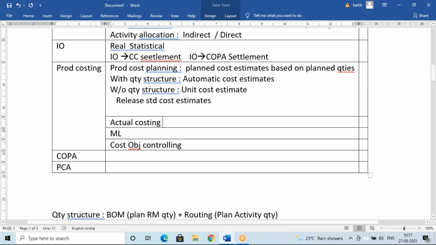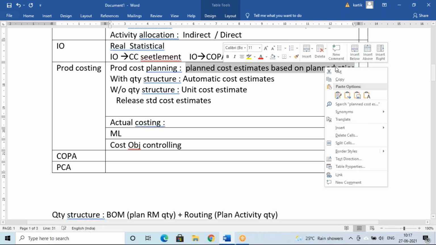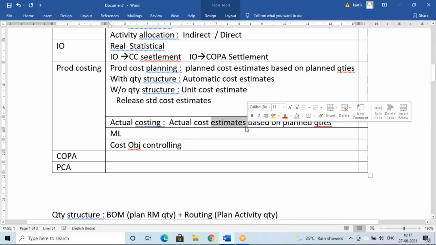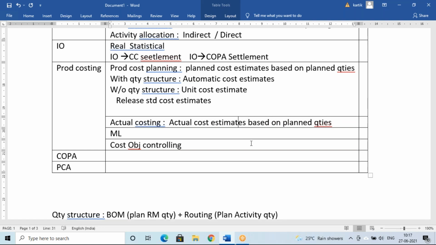Same way, actual costing. Now let me copy the same thing. In place of plan, I'll put actual. Actual cost estimates. These two words are contradicting. Actual means actual. Estimate means it is some kind of plan, but generally, at no point of time can we really calculate actual cost. It is real to actual because every month we calculate it on a periodic basis. So it may be really near to the actual cost. That's why it may be called actual. In SAP terminology also, they use this word actual cost estimates based on